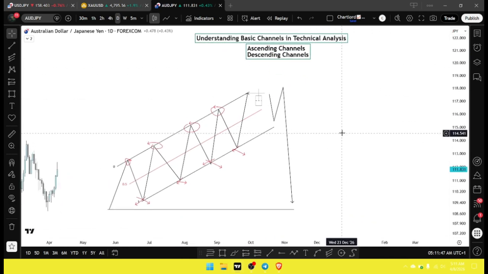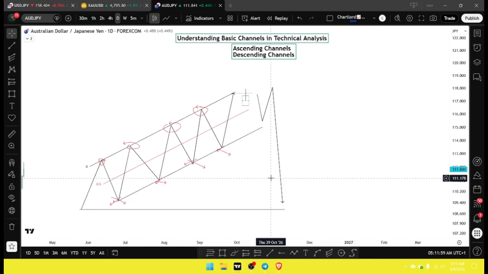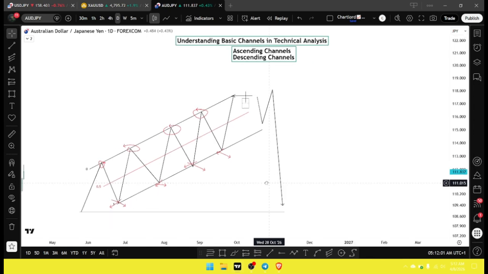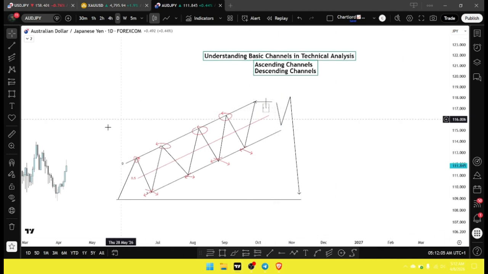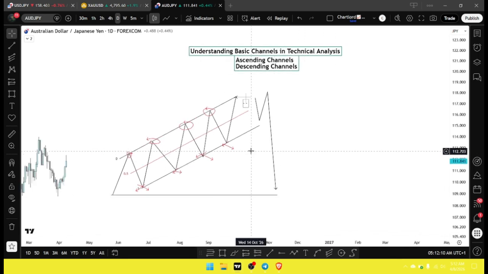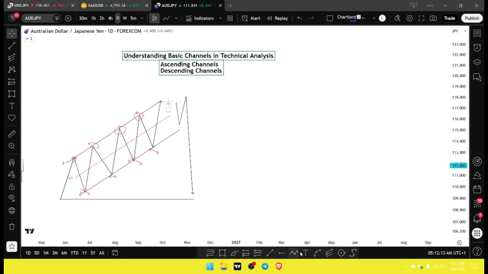So if it doesn't give you a swing failure, it would always hunt the liquidity of this high, give you a rejection, and then it will start selling. This has happened on many occasions. Before the end of this video, I'm going to show us one of the trades I caught via an ascending channel. Now, descending channels, on the other hand,